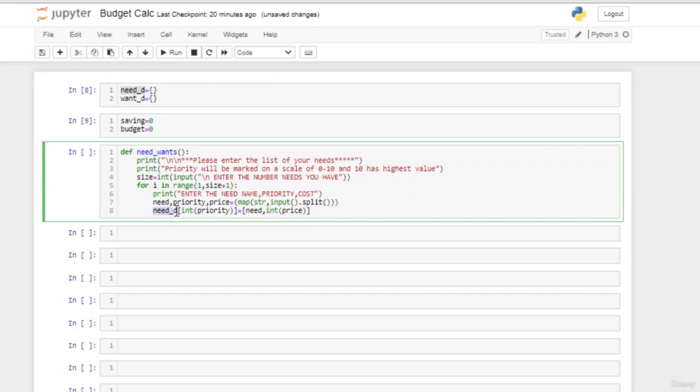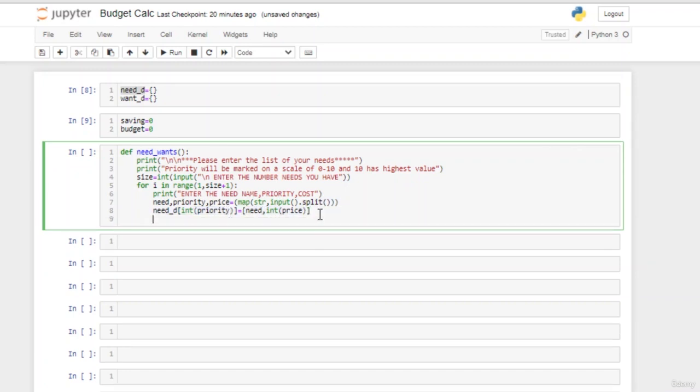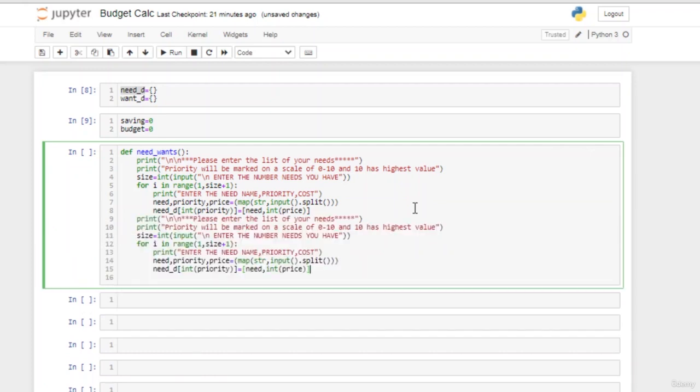Now you have successfully got a dictionary which contains key as priority and values as a list of need and price. We got that. Now for the needs, the user will get all the needs at every iteration, and it will be stored here. Now let us write the code for the wants. So let us copy the same. Let us paste it. The change will be in the place of needs. We'll be writing